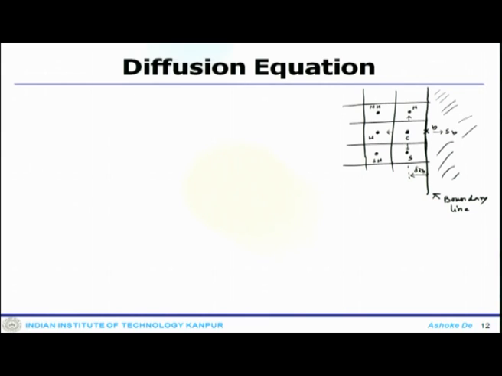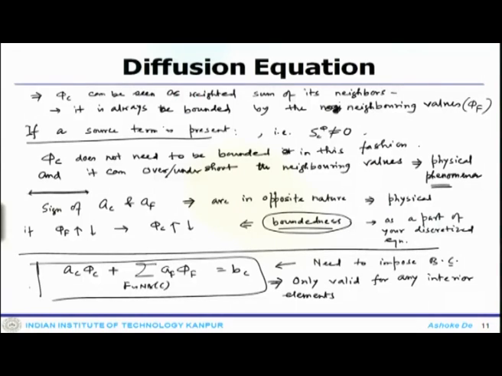Now, for the boundary also, what we need to do? We need to put the same system of equations. This is our equation system equals to QC BC. So, this is my governing equation, and this must be valid, but the one which we got here is only valid for interior elements. So, there is a difference. Why? Because this requires some surrounding elements, and that is where the validity comes from.